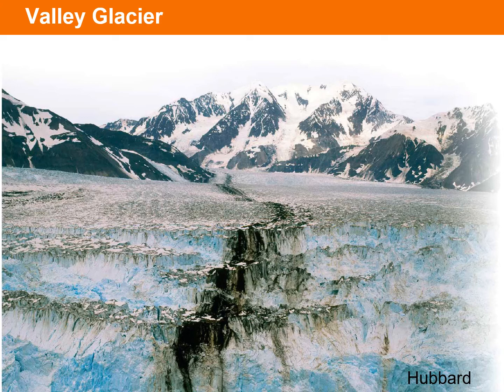So this is an example of what a valley glacier or alpine glacier might look like. This is the Hubbard Glacier in Alaska, and you can see that it's coming down in between a couple of mountain ranges. You can also see this black or dark colored line that dissects the glacier. I want you to think about why that might exist there. Why is there this dark line in the ice? We'll get to that later in the lecture and cover what exactly that is.